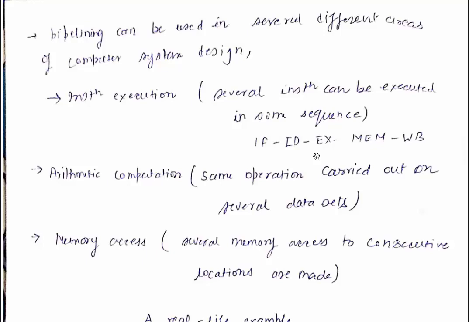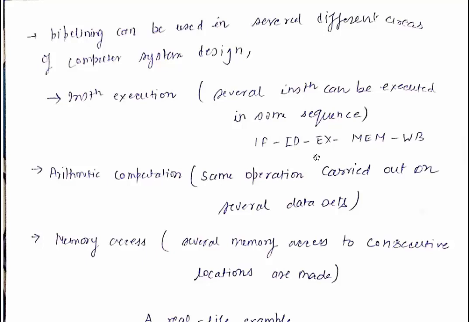That means the 10th number would be stored back, the 9th number would be getting multiplied, the 8th number would be getting decoded, and the 7th number would be getting fetched. In that way we can speed up our arithmetic computation.